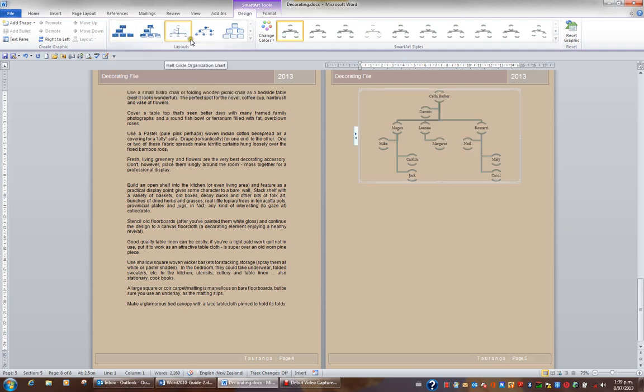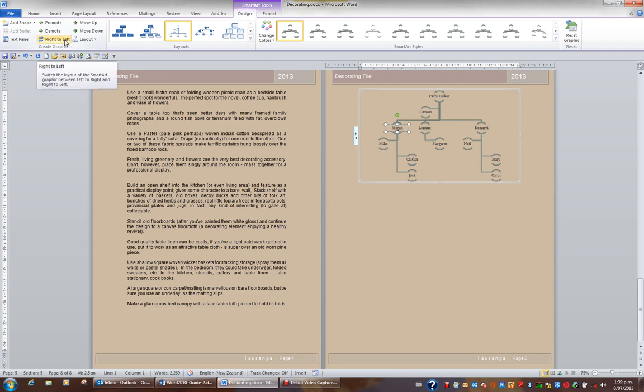Having chosen the layout, the other thing you can do is rearrange the order of your shapes and promote and demote people. For example, let's take this level here, which contains Megan, Leanne and Rosarie. What I'd like to do is change the order so Rosarie is first and Megan is last. What I'll do is click on Megan, and I'll use on my ribbon, my right to left